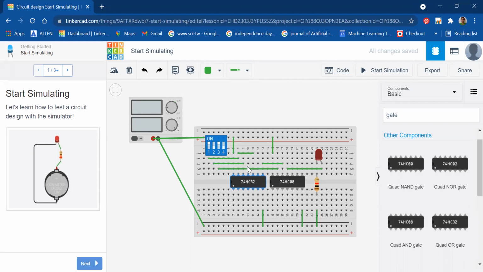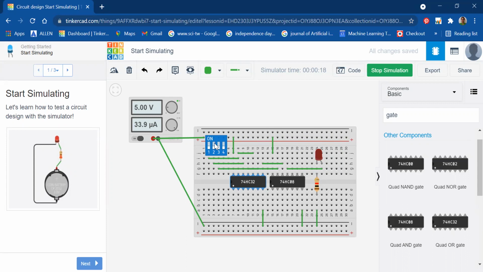The output of this one, here you can see, is going as the input to the AND gate, and the output of this is going as the second input to our first AND gate, and the output of the AND gate is going to our LED. So now let's start the simulation. Let me first make A as 0. Whatever the combination of B and C, we are going to get a low here.